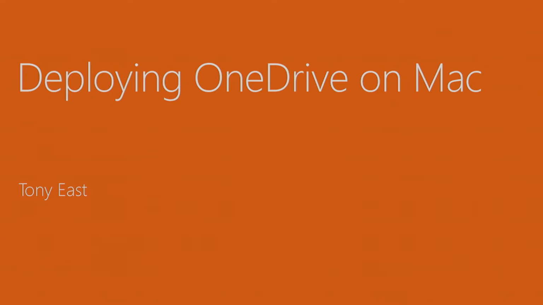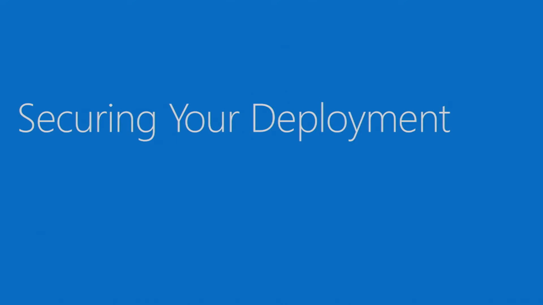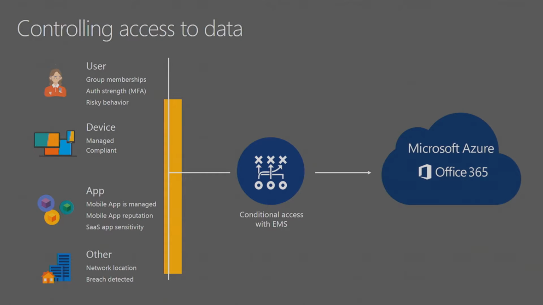So let's talk about securing your deployment. There are some other really good talks that go much deeper into the security things that you can do for your overall deployment. When you think about sync, it's really powerful, but it's also really scary, right? The idea that all your files from the cloud could go onto any machine. Again, it's really cool, but you want to make sure it's the right machine, that the machines have the right controls, and that the right users are getting at them, right?